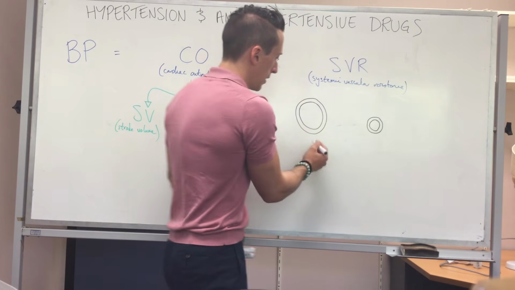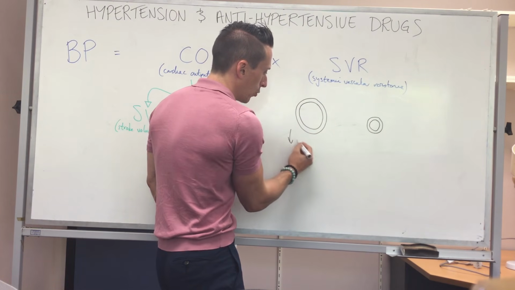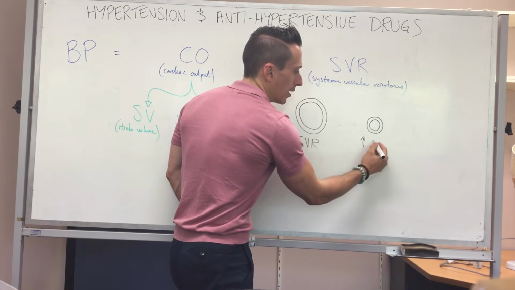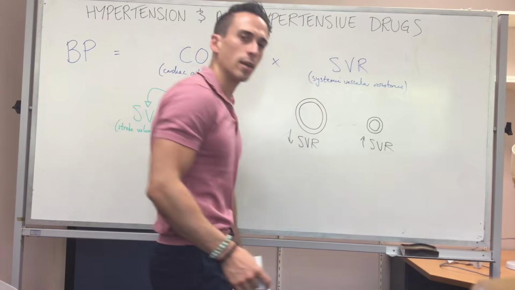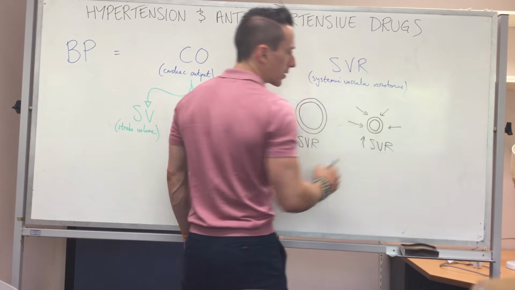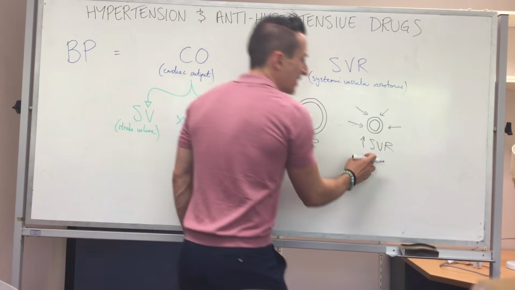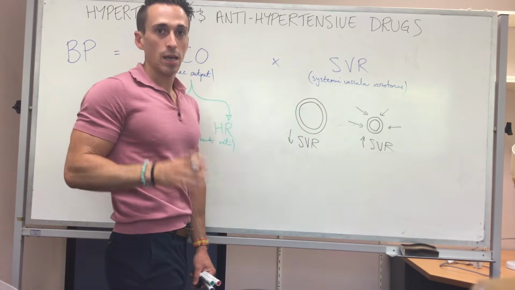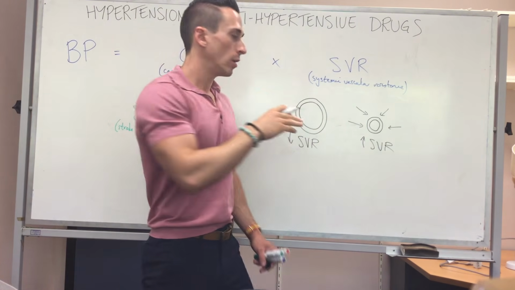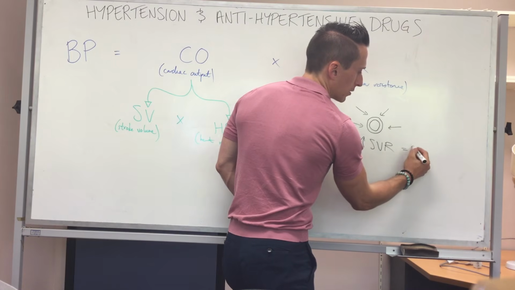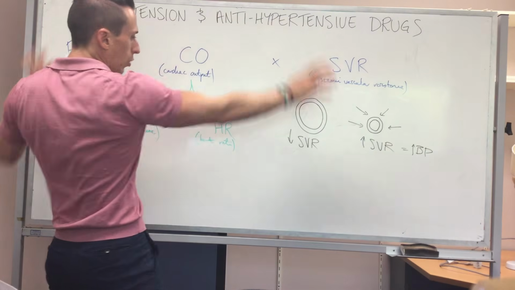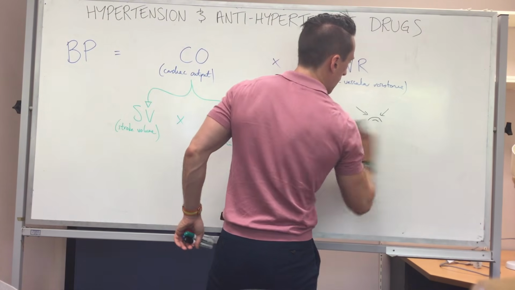Which means that this blood vessel has low systemic vascular resistance and this blood vessel has high systemic vascular resistance, which means that when blood vessels constrict, it results in increased systemic vascular resistance. And what that means is blood needs to pump harder to get through, which means increased systemic vascular resistance results in increased blood pressure. In actual fact, if you look at all of these factors here and see how they